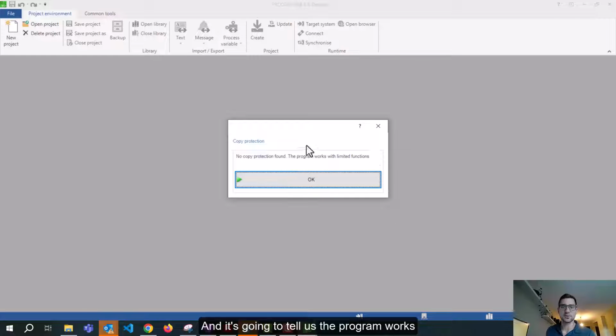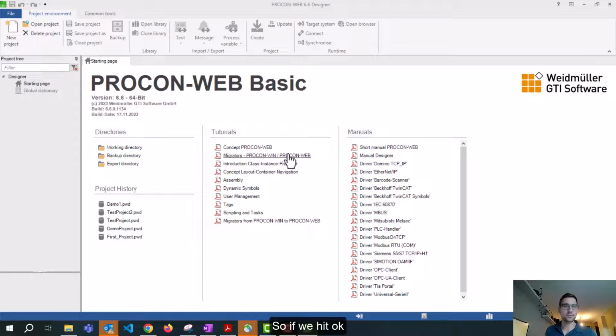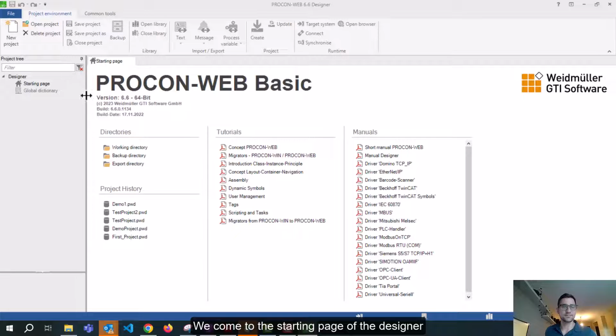And it's going to tell us the program works with some limited functions, but it'll have everything that we need to work in the embedded environment. So if we hit OK, we come to the starting page of the designer. And here you can see your project history, a number of tutorials and manuals that Weidmuller has put together for